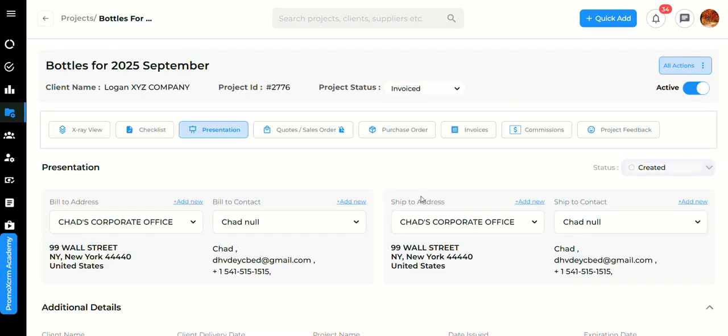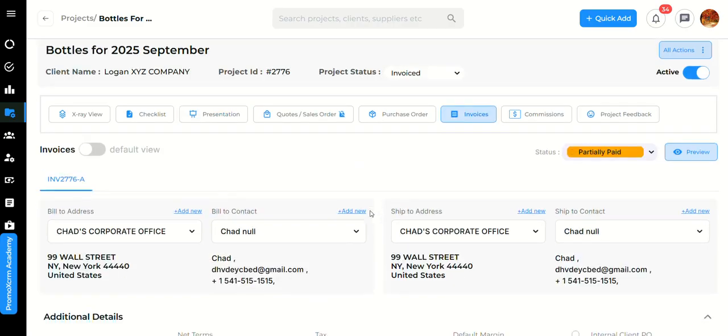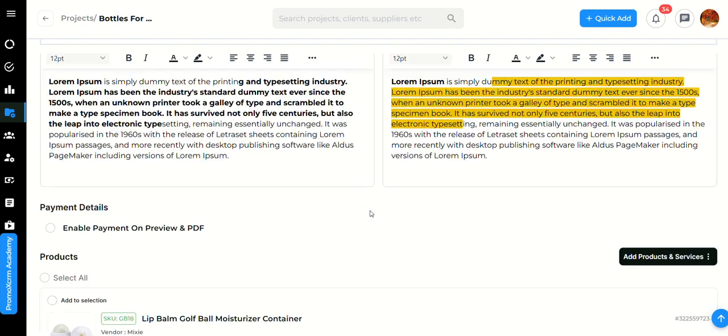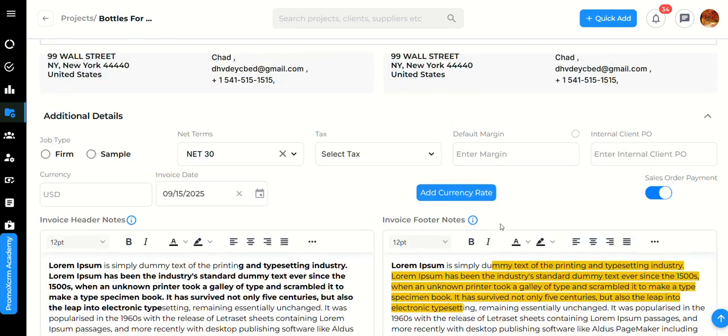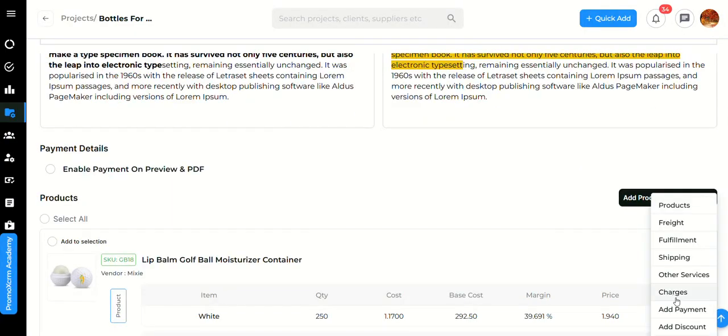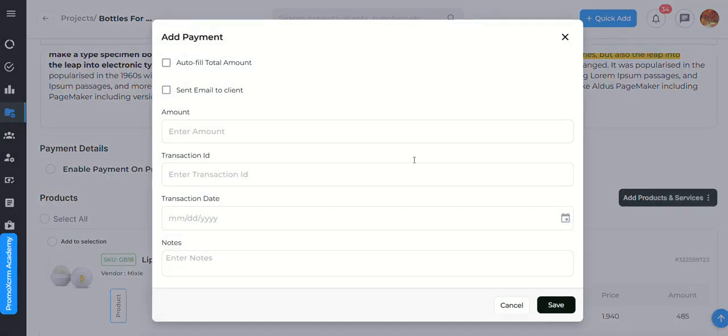Now, one more thing which we have added is that sometimes we do receive payments through different means, not always through Stripe or Promo X CRM or through your accounting platform. And then we have to manually add the payment on the system. For example, if I'm doing add payment here and I add it here, earlier it used to send out the email notification to your